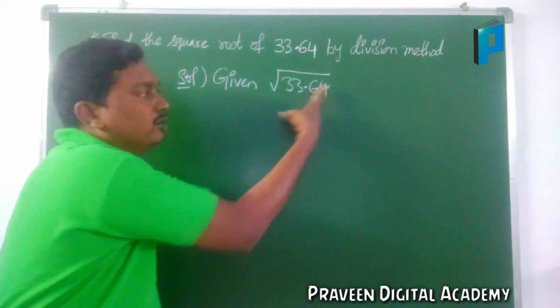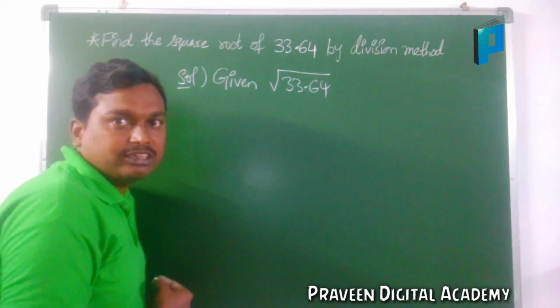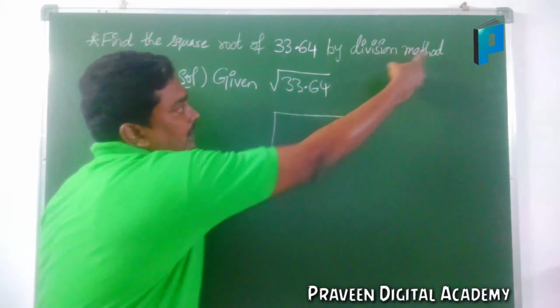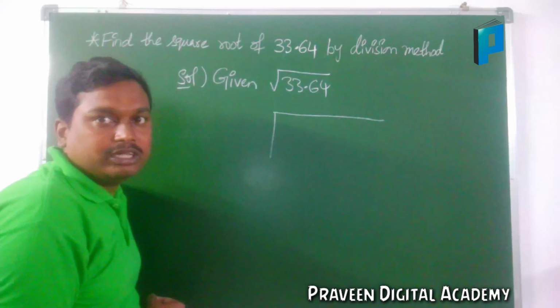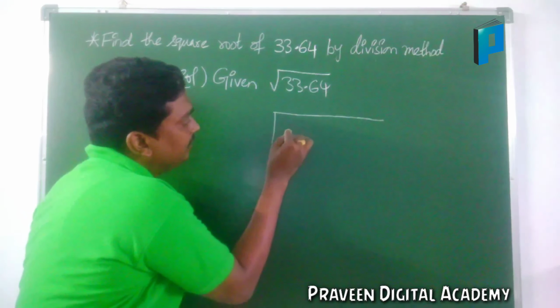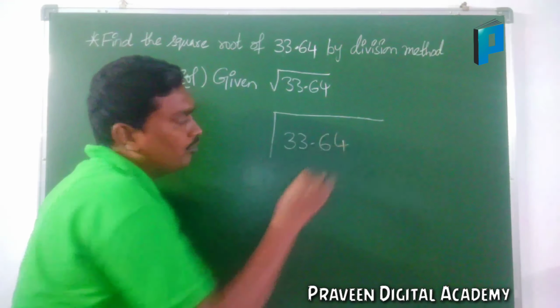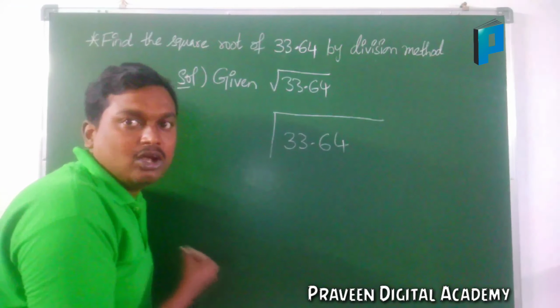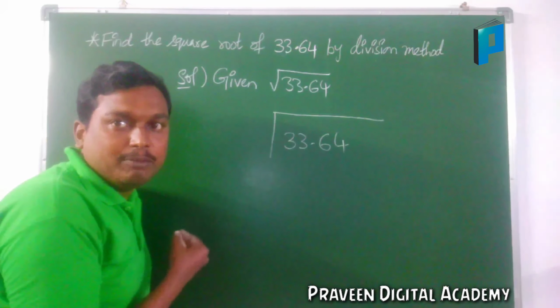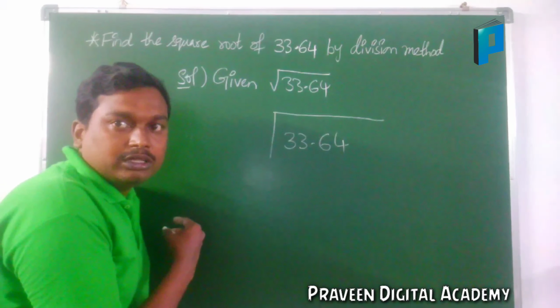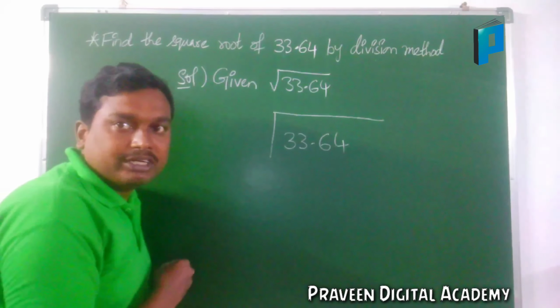So we will take the division method here. So let me take the division here. 33.64. As we discussed already, we have to keep a bar for every two numbers before the decimal and after the